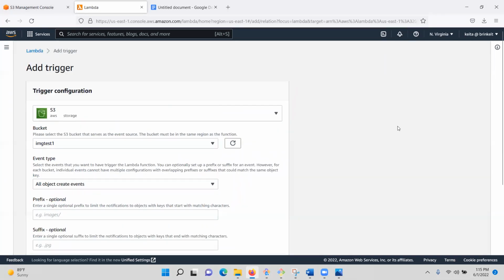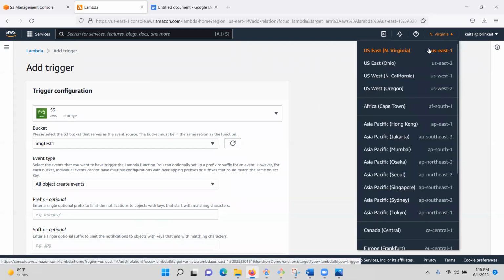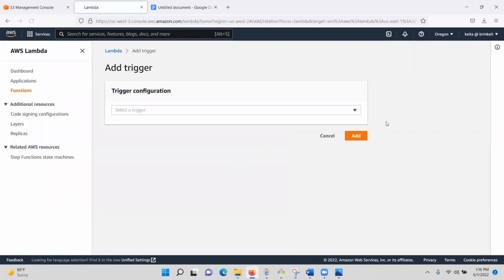Or you know what? Let's see, we need to change something. You see, the region needs to be the same region. I know you guys are going to face the same problem, but this is not a problem. This is a common thing that sometimes happens. I've been using North Virginia, but especially the role is Oregon. So let's use that. I'm sorry about that. So next,